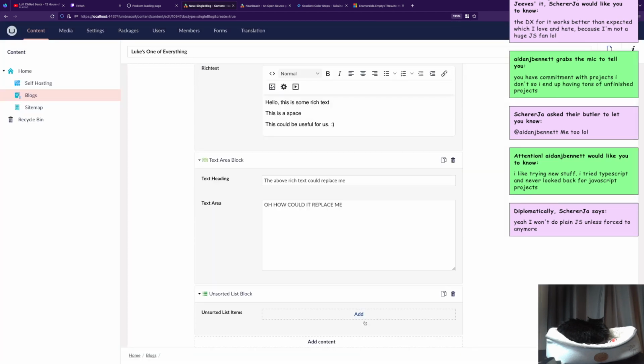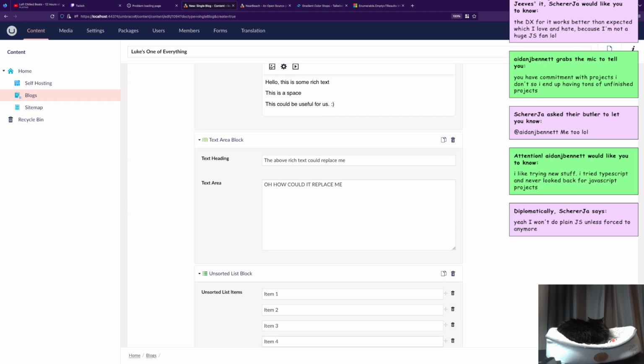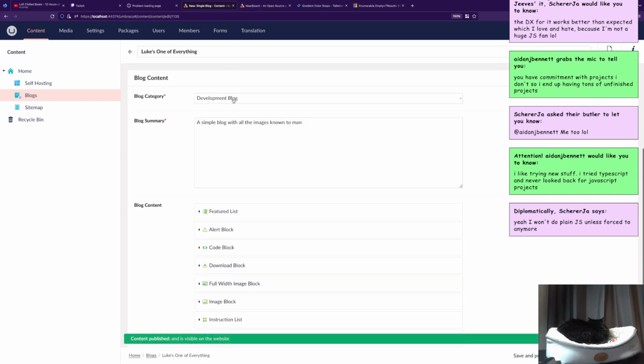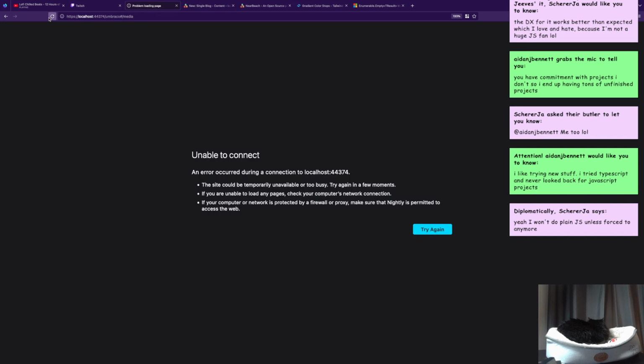Unsorted list block. We'll just add in item 1, item 2, item 3, item 4. And we're going to save and publish. And we're going to go through as many of these tonight to fix. I do believe we can fix quite a number of them. So for those wondering how many